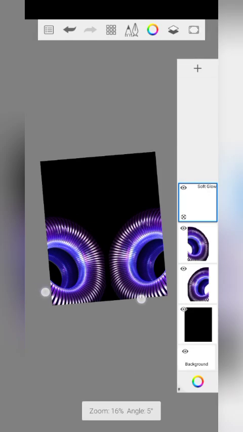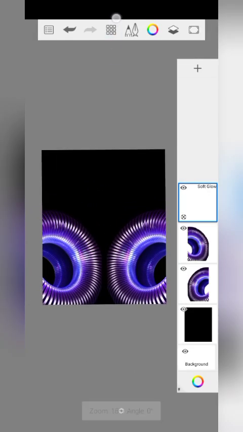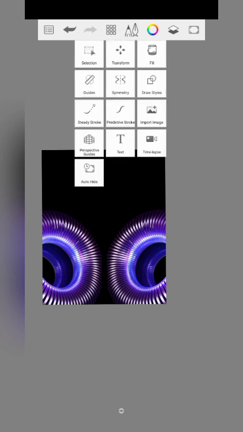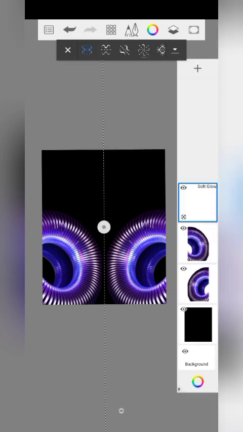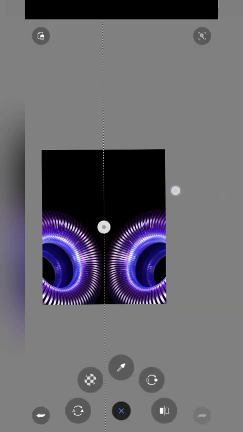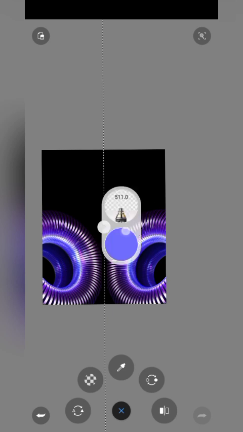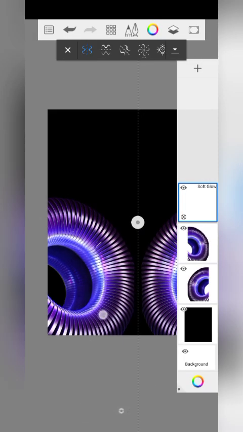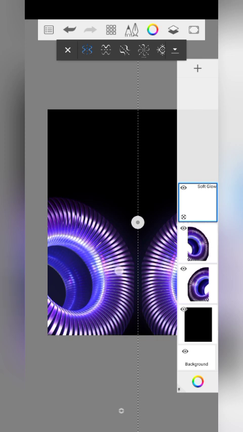After doing that, before you do anything on your canvas now, you come to this option here where we click transform, then click symmetry. What we want is that whatever we are doing on the left hand side is going to appear on the right hand side, in order to reduce our stress. Do you get? So now increase the brush size, reduce the opacity by dragging down, let's make it 20. Now add the blue, just keep rubbing this side like this. Can you see the movement of my hand? So keep rubbing that part,